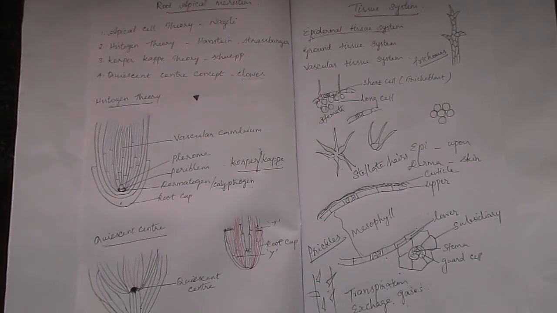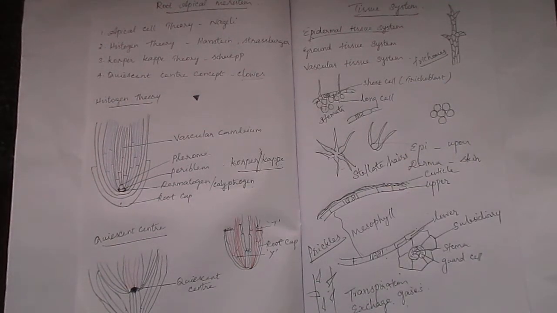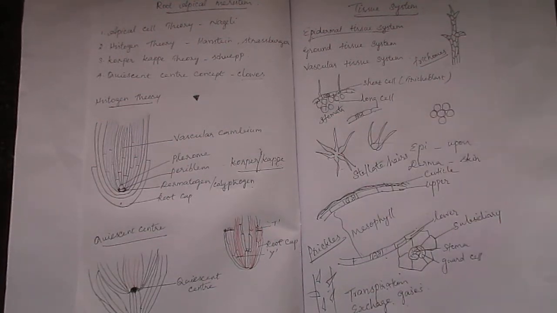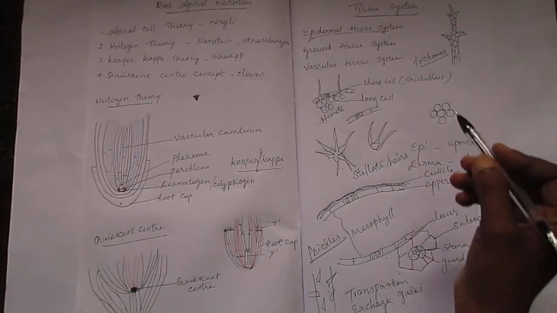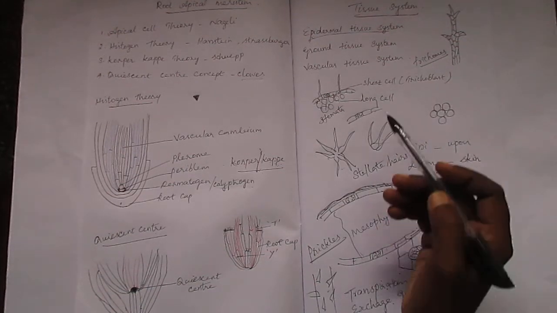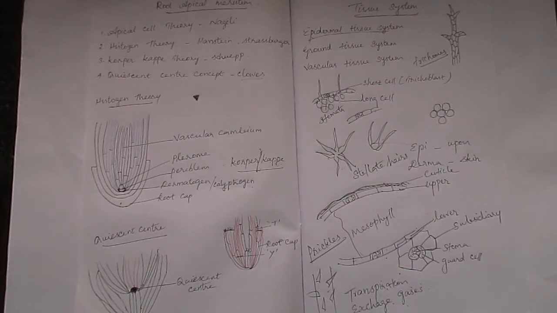Then there are a number of epidermal outgrowths. These may be unicellular or multicellular outgrowths which originate from the epidermal cells. They are known as trichomes. They may be branched or unbranched. They assume many shapes and sizes, and may be glandular or non-glandular. Glandular examples are rose and Ocimum.